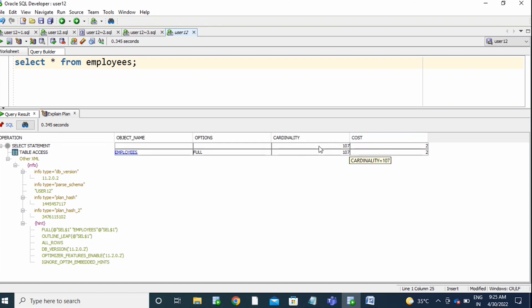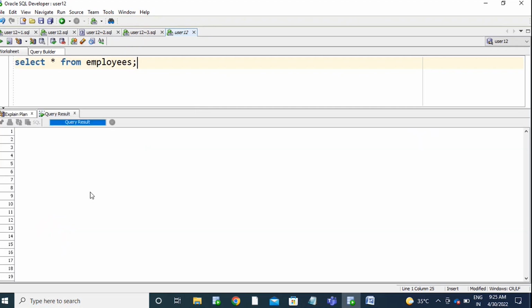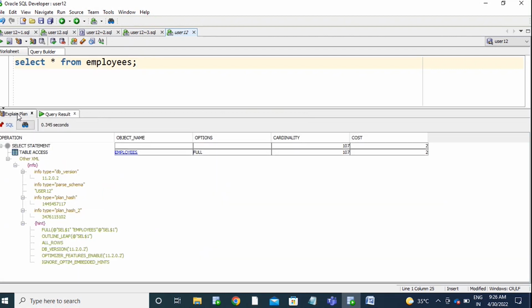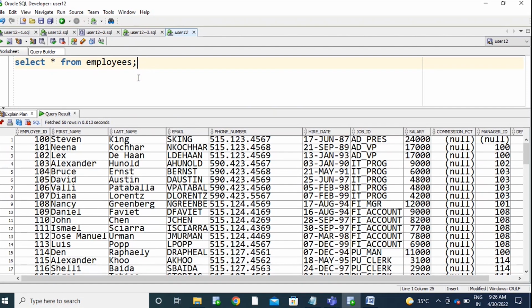Okay, this is the cardinality. Cardinality means how many records we are retrieving in this query. So from this table you are going to fetch 107 records. To fetch the 107 records, the cost of the CPU is 2 bytes. Now I am trying to retrieve the data for only one employee,